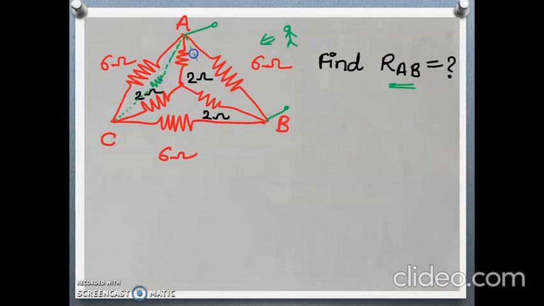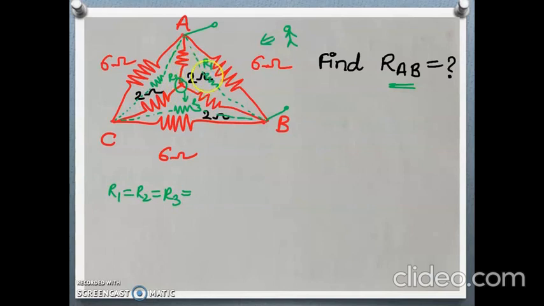This will be the inner delta, which is the transformation of the star. The star is converted to now delta. Suppose these are the R1 values, this is R2 and this is R3. So let's calculate this. As the resistors connected in the inner star are identical, 2 ohm, 2 ohm and 2 ohm, the value of R1 will be equal to R2 will be equal to R3 in its equivalent delta.